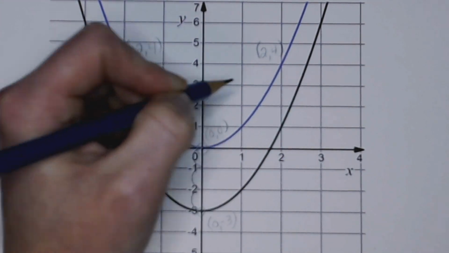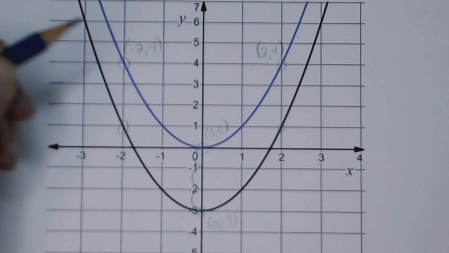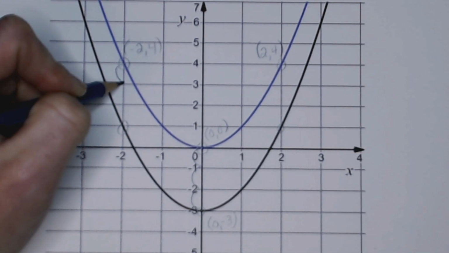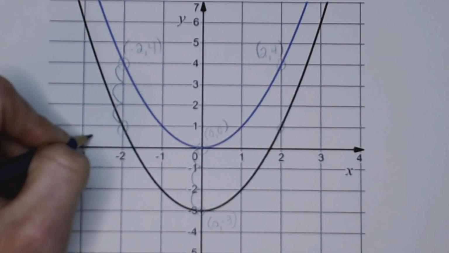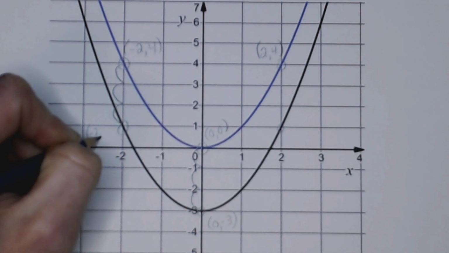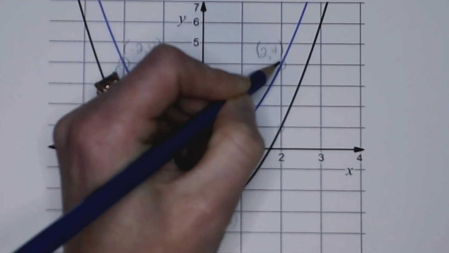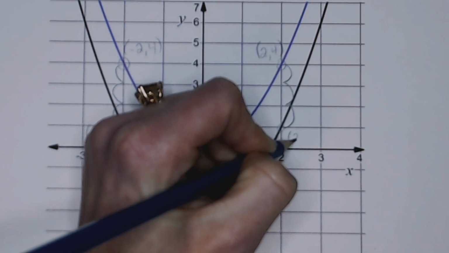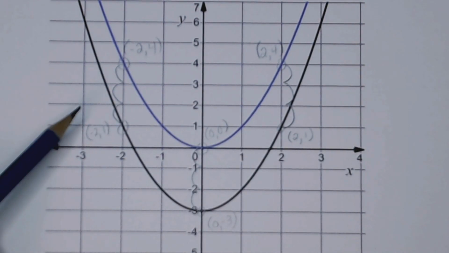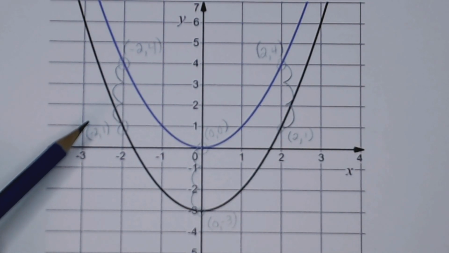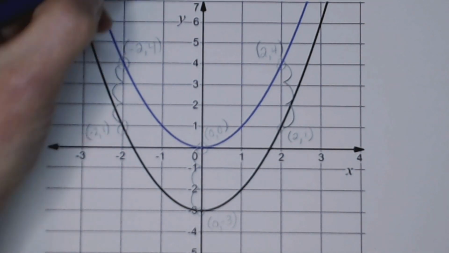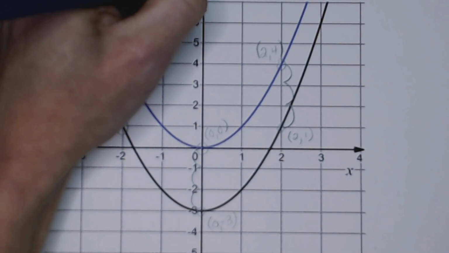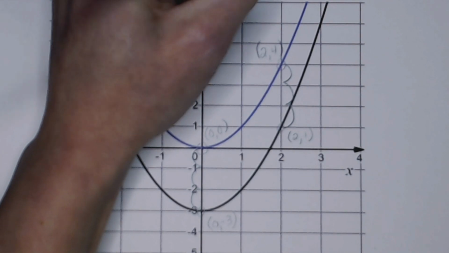They're going to move the same amount of units down, comparing these ones. So (-2, 4) moves down 3 units: 1, 2, 3. We now have (-2, 1), and the same thing here: 1, 2, 3, and (2, 1). So we can see that all of the y coordinates in this graph have shifted down 3 units, and therefore our k is equal to